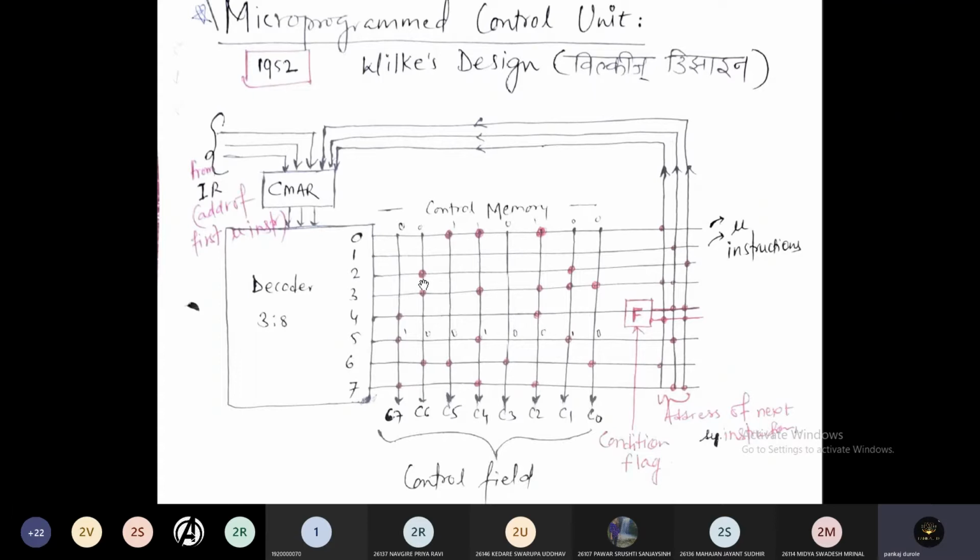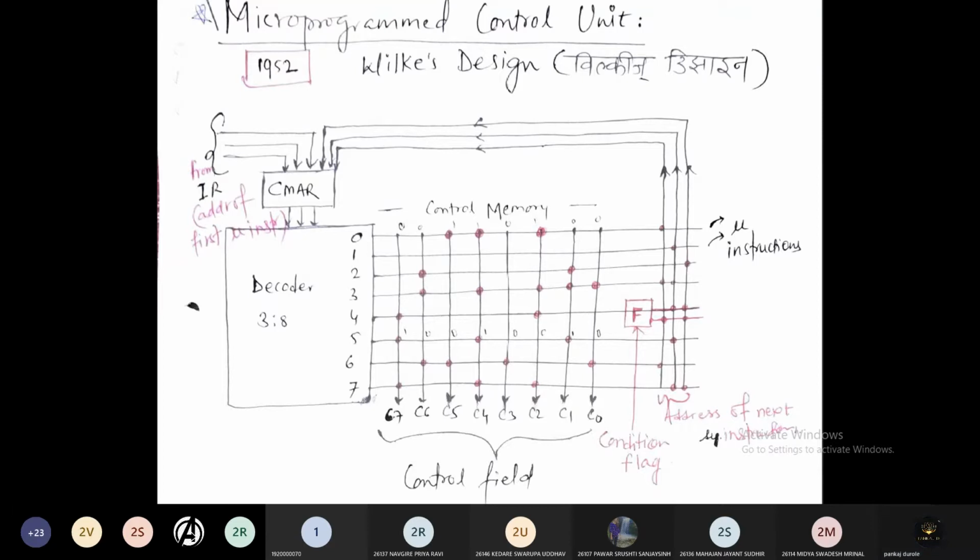Now in this microprogram control unit, these are different micro instructions, which are shown with these horizontal lines. To execute those micro instructions, there is a separate program that is written. As you can observe here, 0011, 0100, this is the notation for 3, this is the notation for 4. So I can write these binary values in hexadecimal as 34H. This is giving you details from the memory.